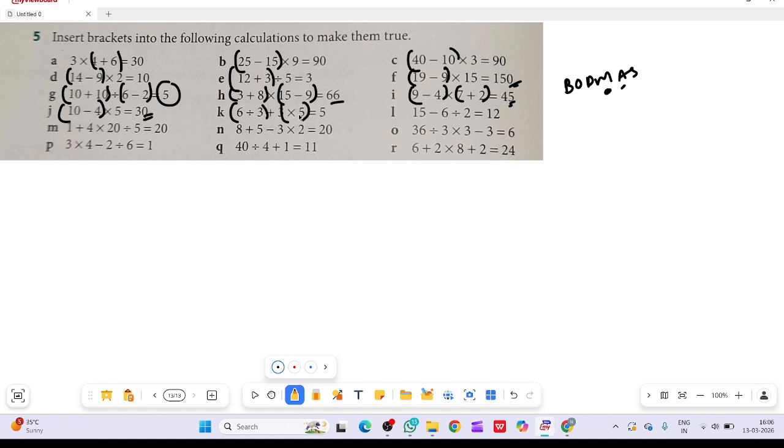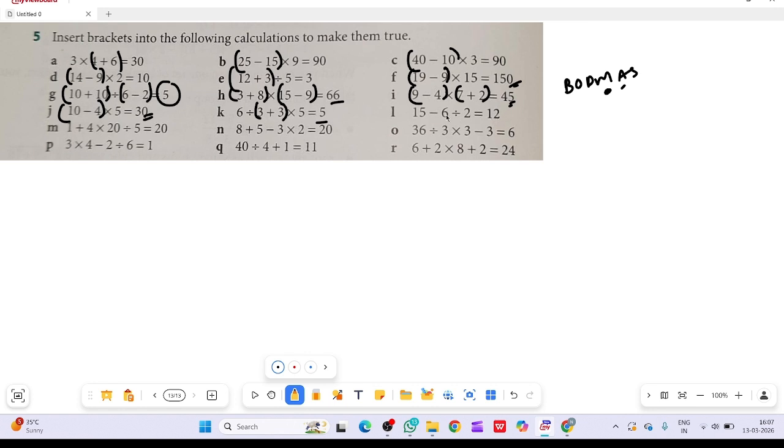So yes, 3 and 3 plus it is 2, and 2 plus 15. No, this will not come. So we have to bring the 5. So 6 divided by 2 is 3, 6 divided by 3 is 2. No, here we can do like this. 6 divided by 6 is 1, and 1 into 5 is 5.